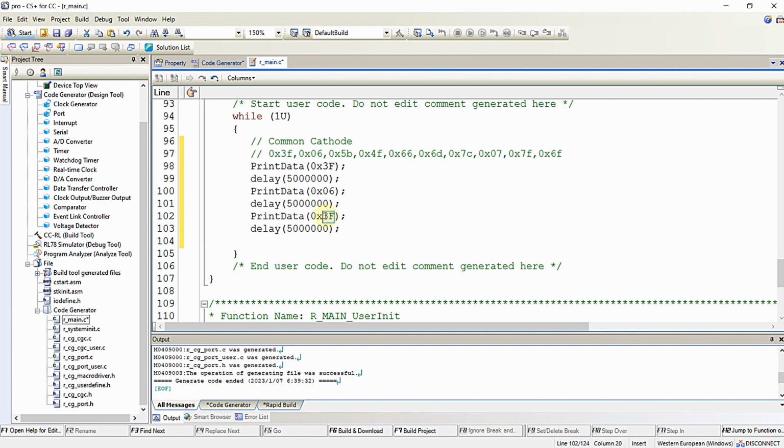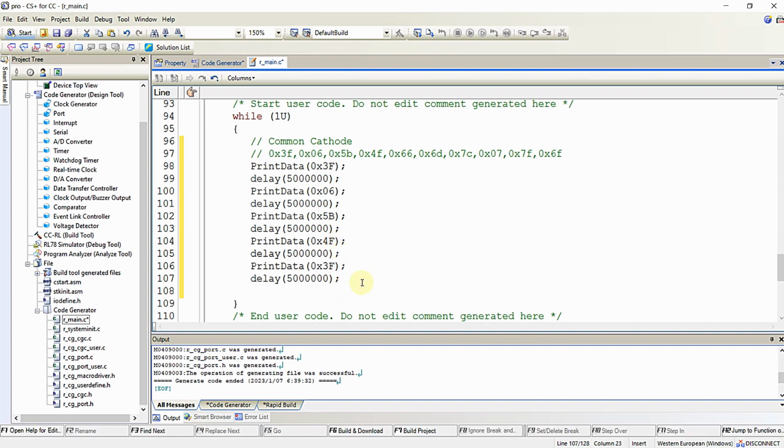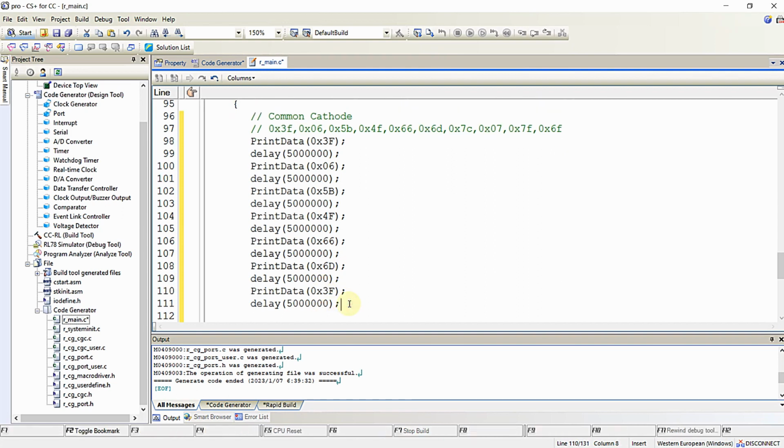And after the delay of the number 1, I'm going to print the data 2 on the 7-segment display by passing the number 0x5b. And after the 2, I'm going to print 3 on the 7-segment display. And after the 3, I'm going to print 4 on the 7-segment display. And after 4, I'm going to print 5 on the 7-segment display. And after 5, I'm going to print